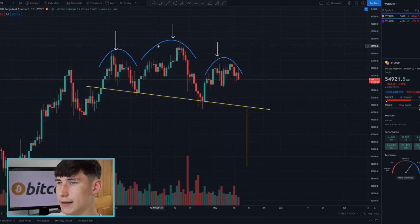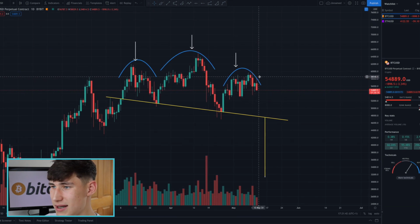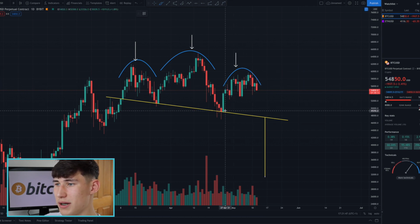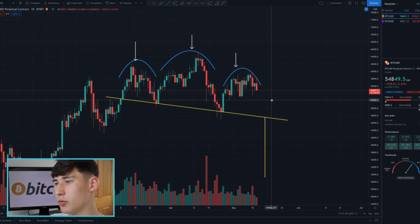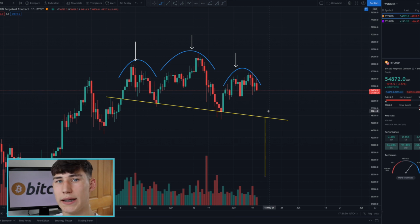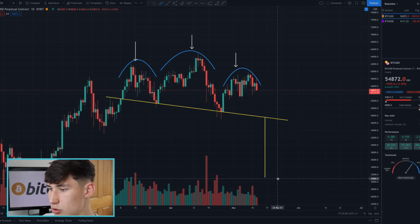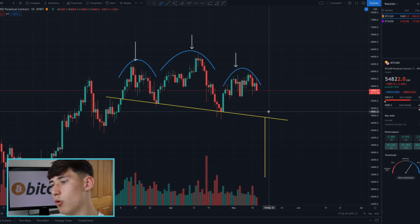Taking a look at the daily then, you can see that Bitcoin is still trying to form this second shoulder on the right here. This is the head and shoulders pattern I've been showing you for a while now, and Bitcoin is still trying to form that shoulder. If we do form this shoulder, it means that this is a complete head and shoulders pattern. I'm not saying that if it does form this shoulder that we are going to see the price target all the way down at that approximately $51,000 level, but it is just a possibility